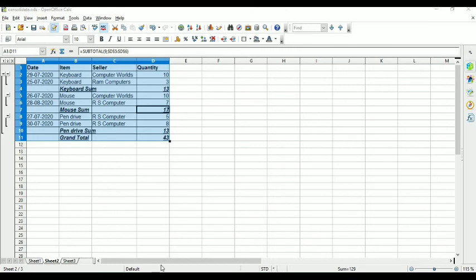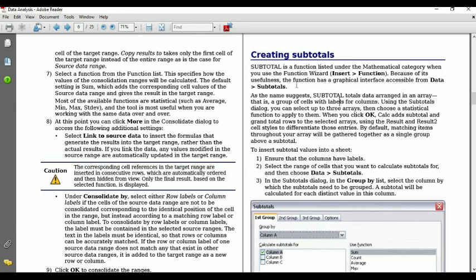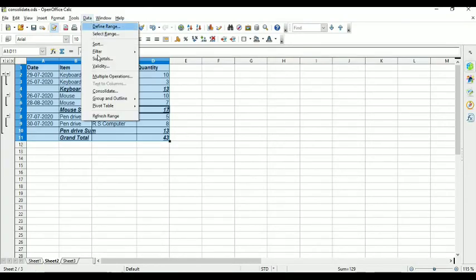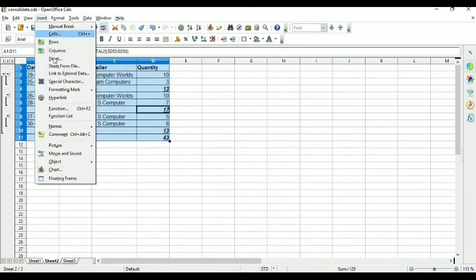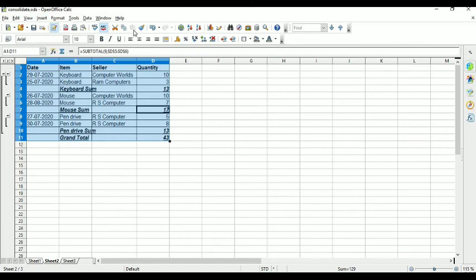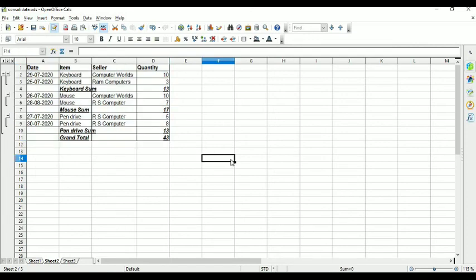So this is the graphical representation. So this function has a graphical representation accessible from the data subtotal. Means from this option you will get its graphical representation. Here subtotal, or one more place, that is called function. Here it's also a subtotal function, but it doesn't show graphical representation. Is it clear? By this way you can group your data, or this is the best way to summarize your data.